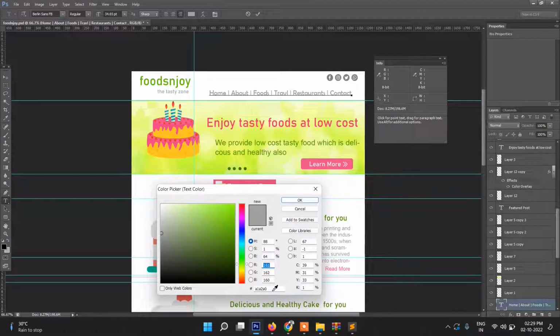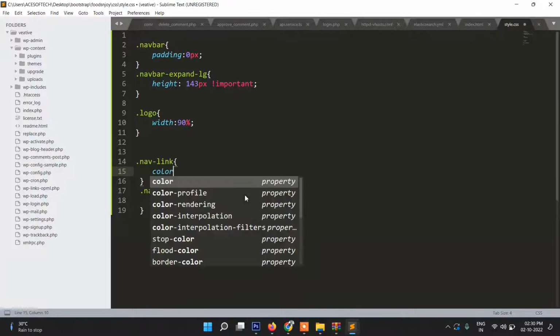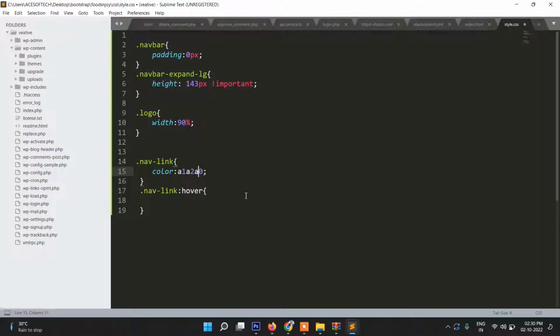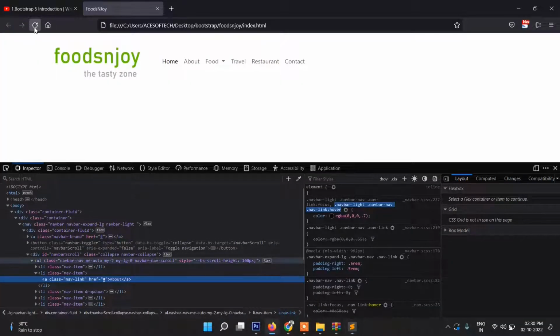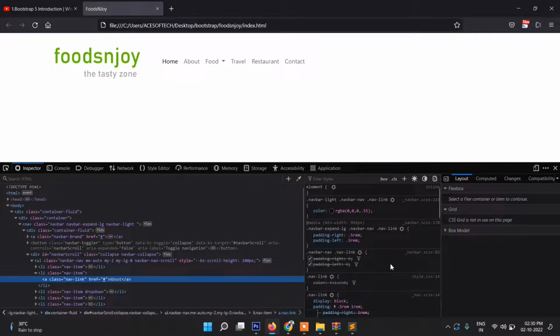exact color. If you need what designer has used the color, in that case we can copy this color, and here I will write color has this, and in hover maybe a darker one, but for the time being let's keep both same. Now let's go here and refresh, and to verify if the color is changed or not,